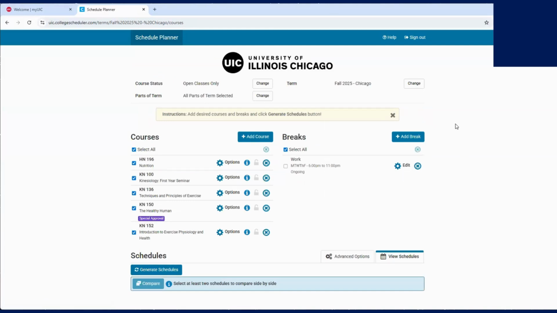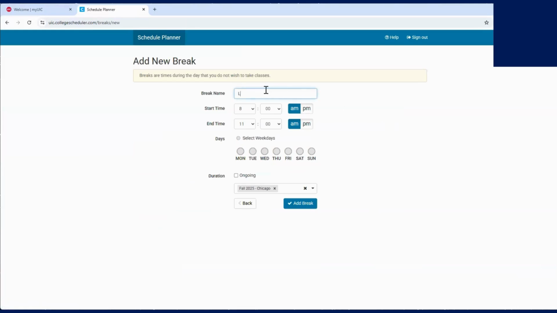On the right-hand side, this is where you can add a break. Breaks basically tell the system, don't schedule me for classes during this window. So for example, you can see here, I created a break for work because I know that I need to be at work by 6 p.m., 7 p.m. every evening. So I've asked the system, don't schedule me for classes between 6 p.m. and 11 p.m. If I wanted to add a different break, let's say I wanted to eat lunch at a